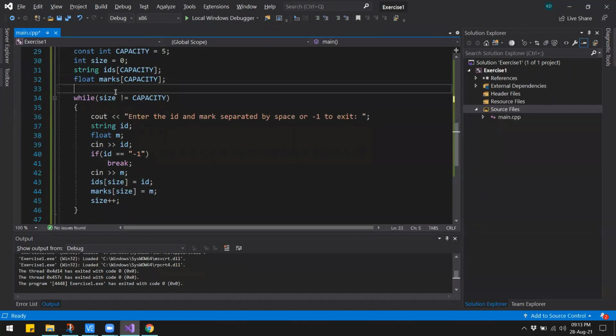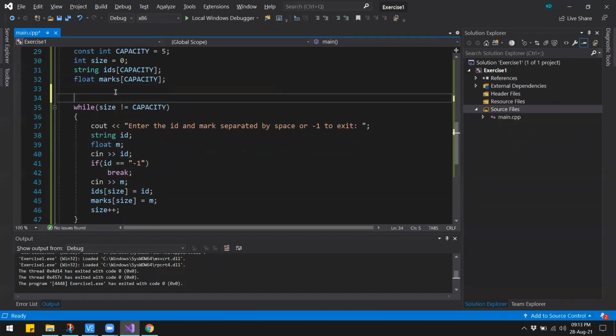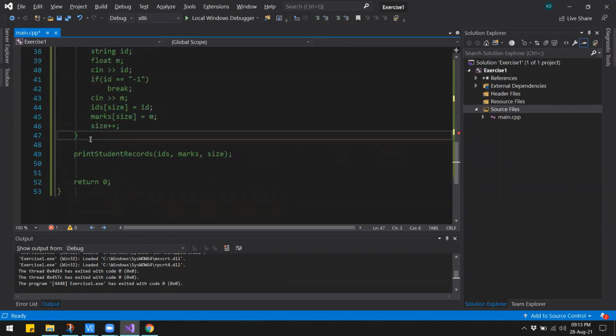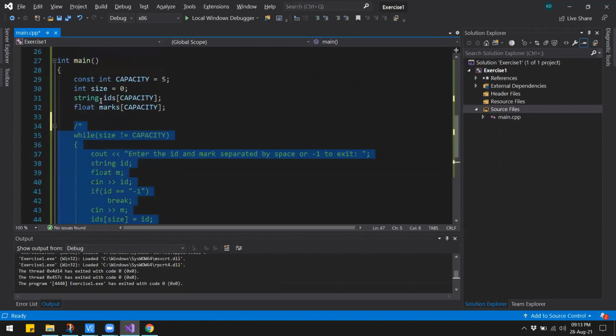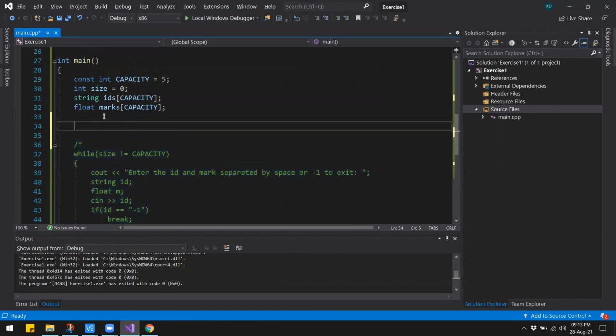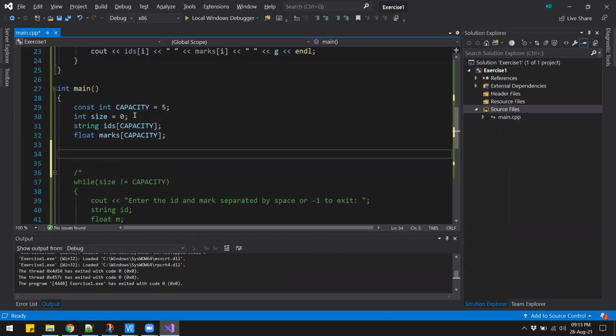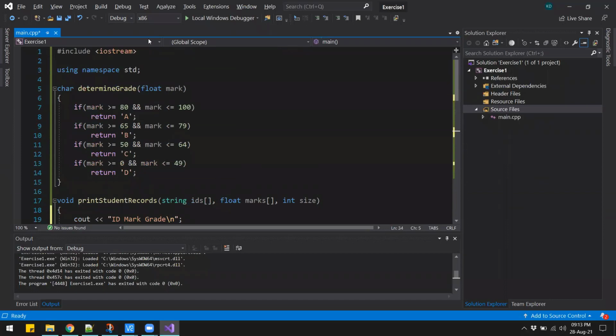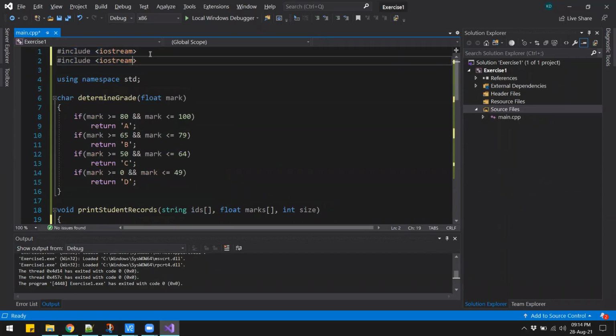Now over here, since we are reading the data from the file, I'll comment out this part of the code that is taking the input from the user, and I have to update the code so that the code is able to take the input from the file. So to read the file, I will need the fstream header file. So I will include that header as well, right?